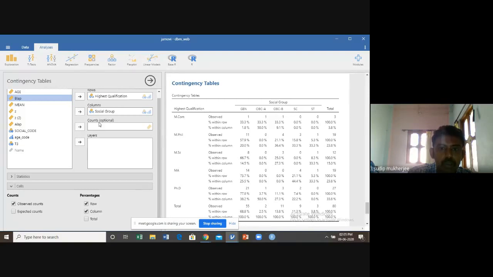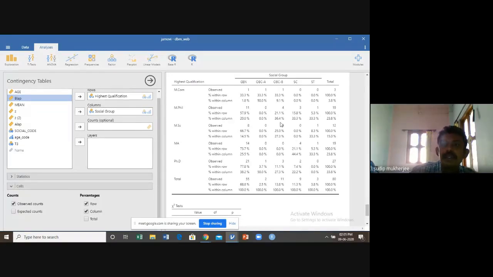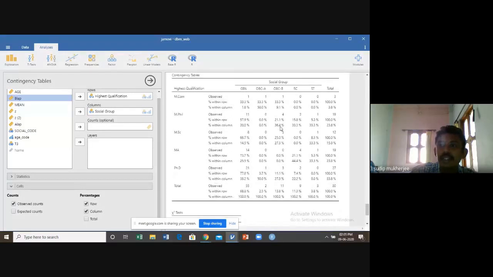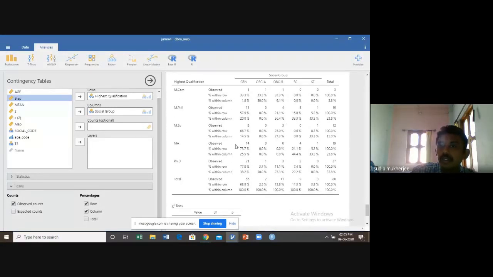Just see the table. This is clearly the classification table of social group wise highest qualification. As we know, in our college scenario, most of the time the DPI gives a letter to the college authority, asking for information regarding caste, stipend, result, etc.